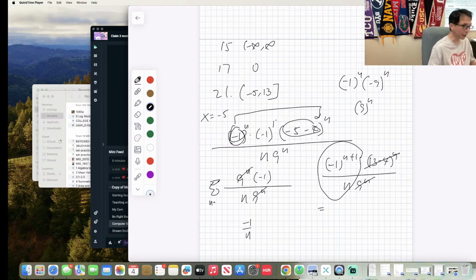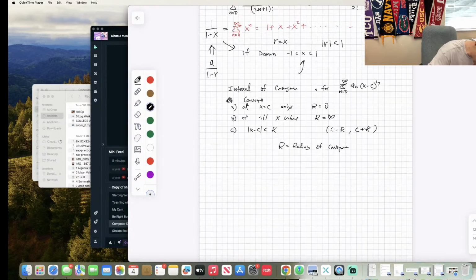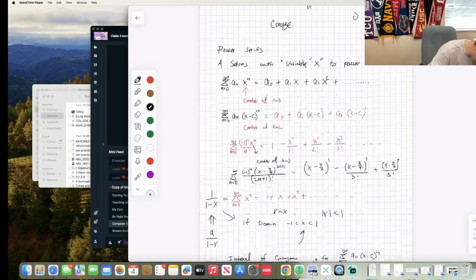All right, we're going to finish talking about yesterday. What did we talk about yesterday? We can take a derivative of the functions, right? We can take a derivative of power series. And we can take integration of power series. For example, I think we ended with